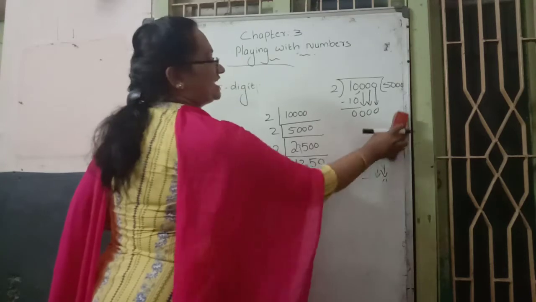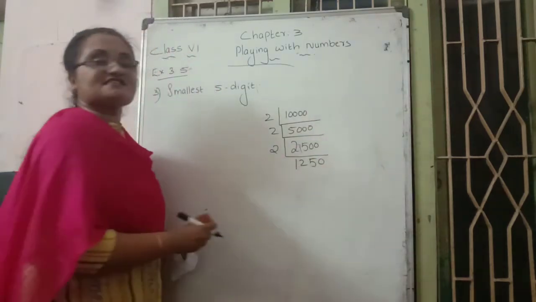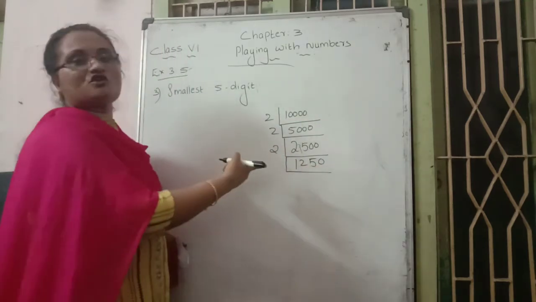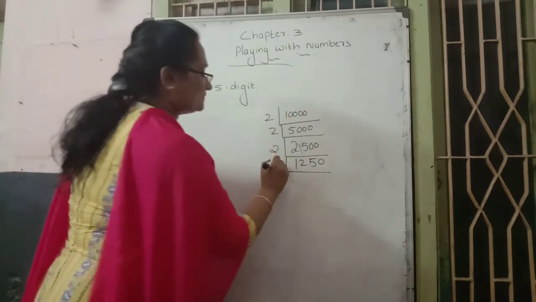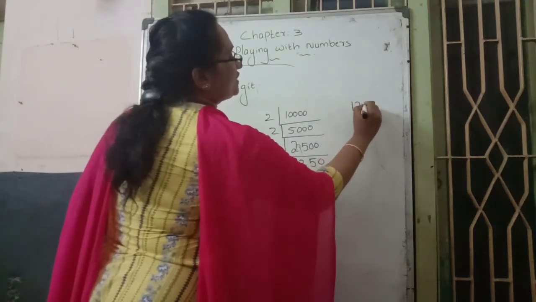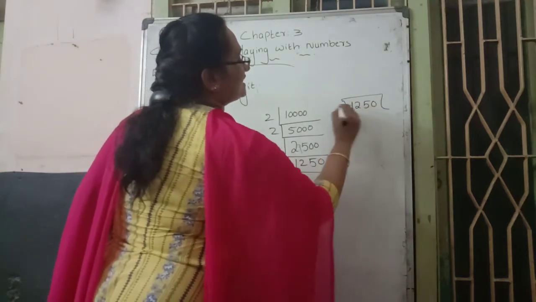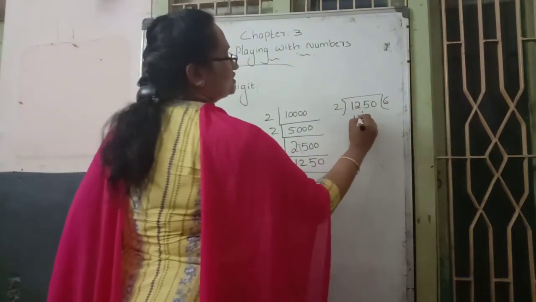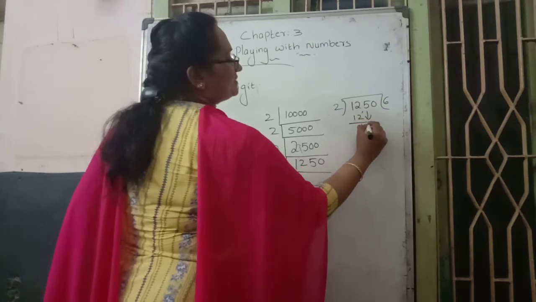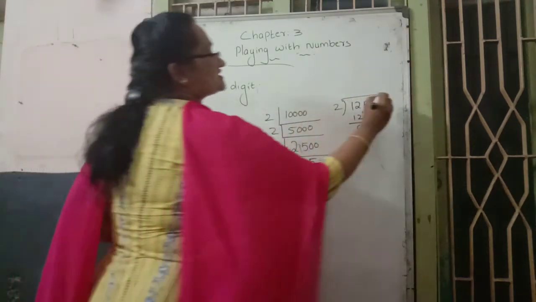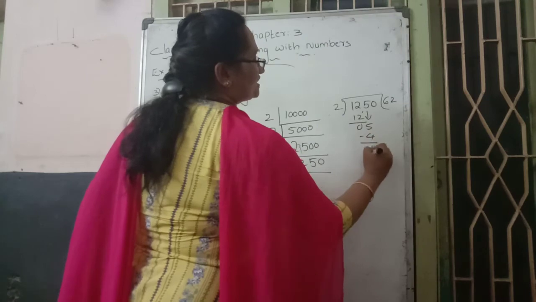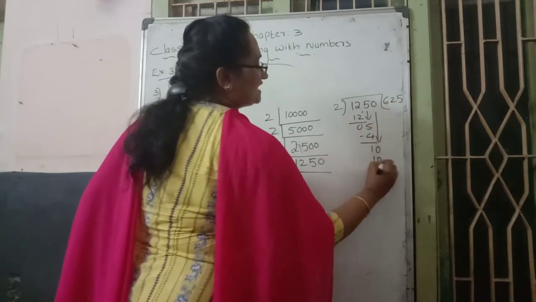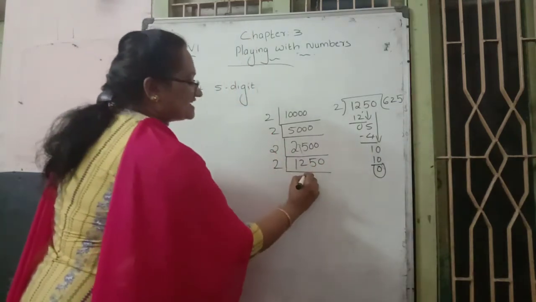Again continuing, our aim is to divide and divide. What final answer do we need? 1 as the final answer. Again, which prime number? 2 only. Why? Because the unit place is 0, and 0 is an even number. So we take 1250 separately and divide. 2 table 12 is 6 times. 2 6s are 12. Next place 2, 2 table we get 5, 2 2s are 4, subtraction gives 10 1. Next number bring down, 2 table 10 is 5 times. 5 2s are 10, subtract. So what is the answer?